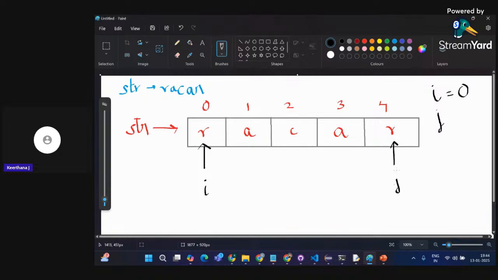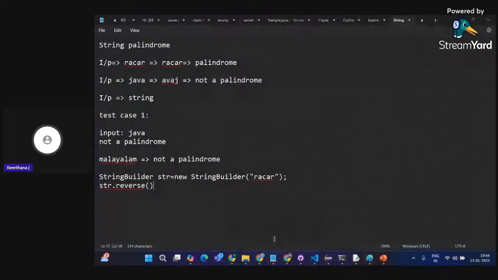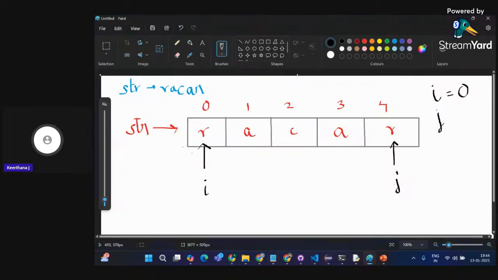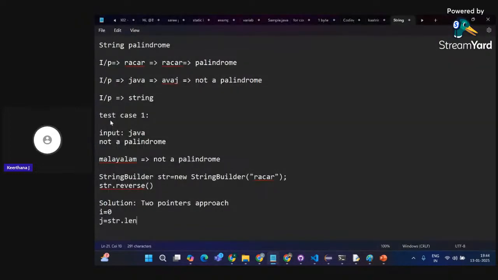So to assign the values of i and j, for the two pointers approach solution, i is equal to 0 and j is equal to str dot length, and one more thing.